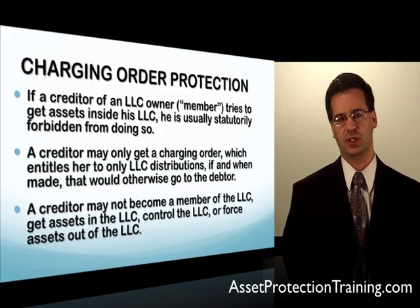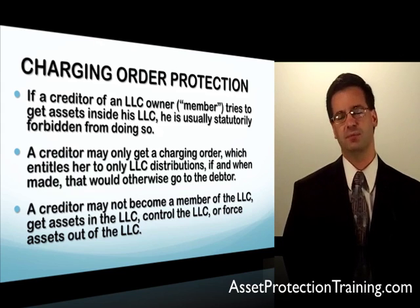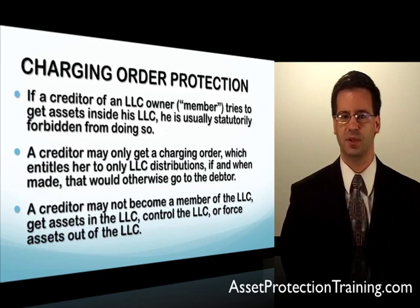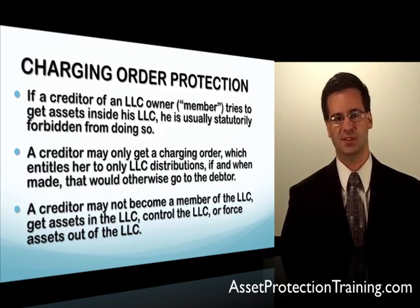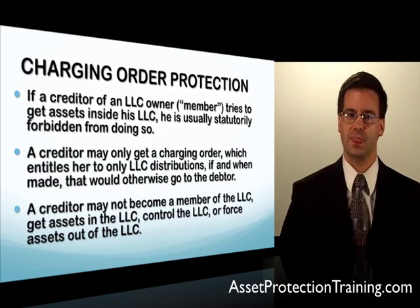Charging order protection is a certain characteristic that partnerships and limited liability companies have. It's very important for asset protection because a lot of times you put your assets into an LLC or a limited partnership, and the charging order protection keeps your creditors from getting assets inside that LLC or partnership. So, charging order protection,